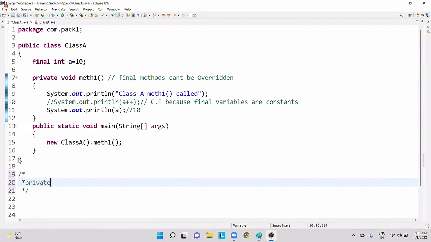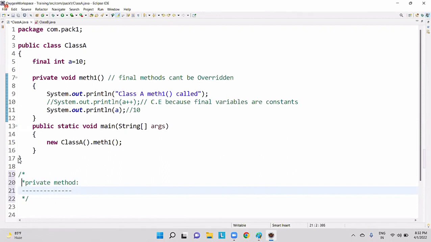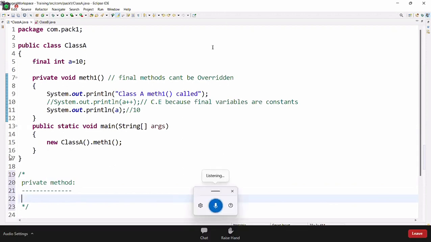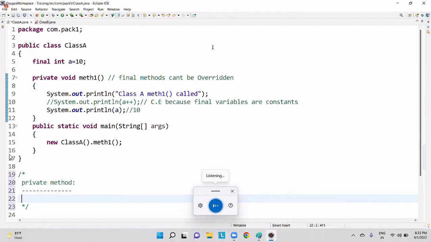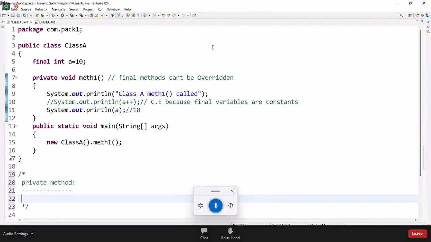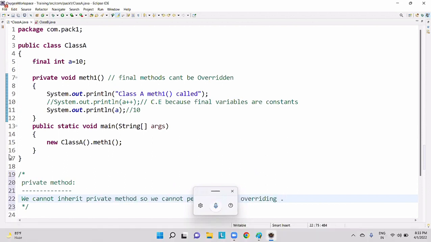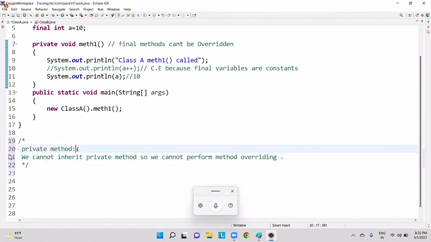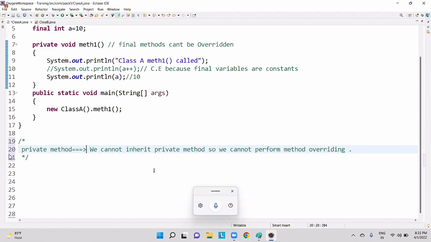Private method: we cannot inherit a private method, so we cannot perform method overriding.